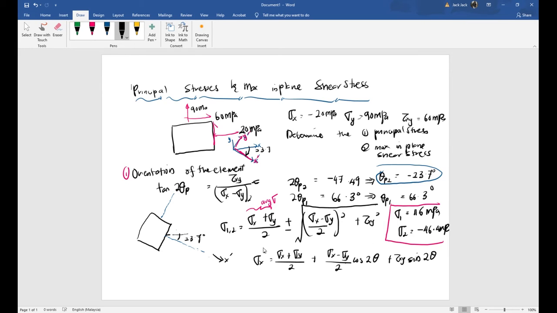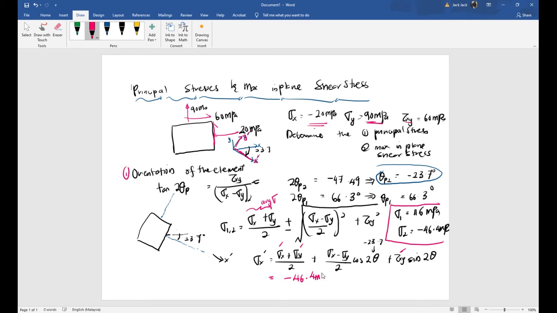We just simply substitute this angle. Make sure the sign for this angle is negative, so theta here is minus 23.7. Sigma x is equal to minus 20. Where's my red color? This is your sigma x, this is your sigma y, and this is your initial state for shear stress xy. In the end you will get the value equal to minus